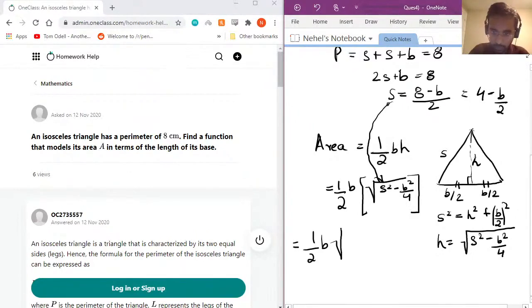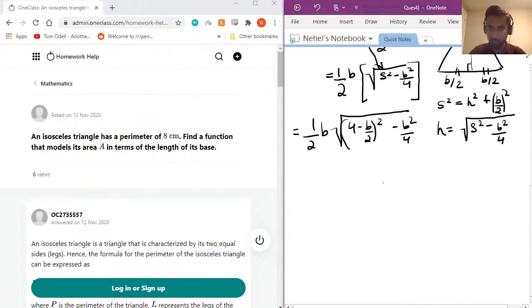Then we have the square root of 4 minus b over 2, whole square, minus b over 4 square. Okay, so taking this one step further, we would have 1 over 2 square root. We know that (a minus b) whole square is nothing but a square plus b square minus 2ab. So that will make this